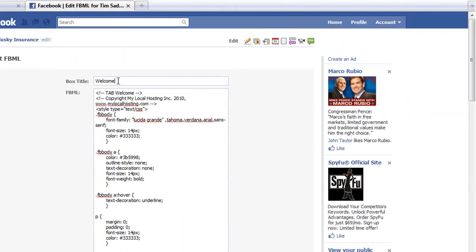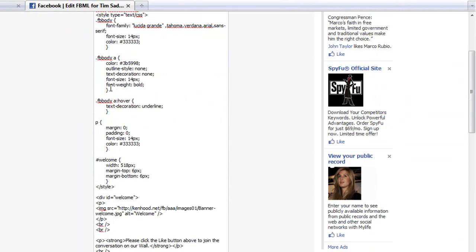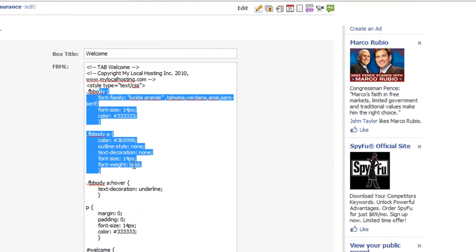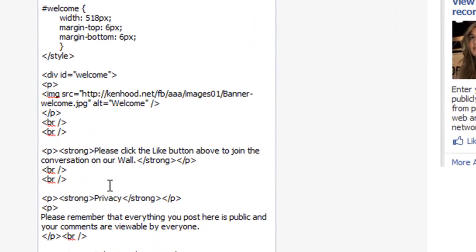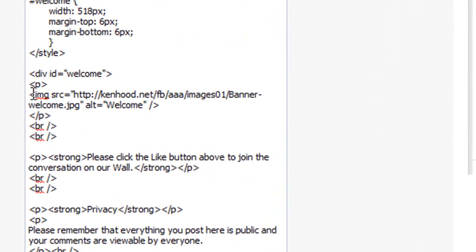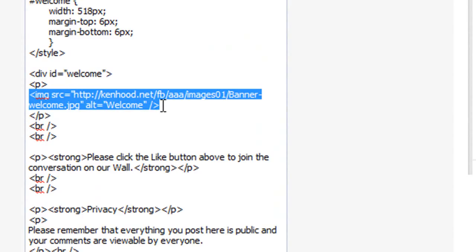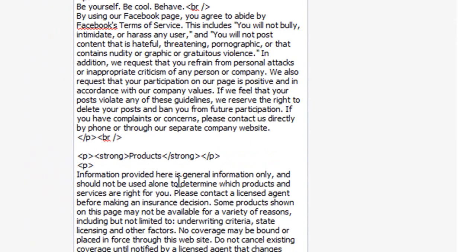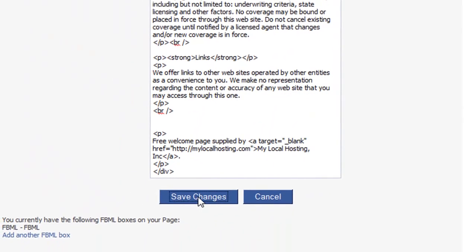What's important to know is that you can change the name of that tab anytime, quite simply by coming back to the editing portion of this tab. You can also edit any words you want. Be aware some of the style code is at the front of this. If you scroll down just a little bit, you're going to see where the link for the image is. And that can be edited to any image anywhere on the web. And you're also going to see the text that I put in here for you. Continue to scroll down, save changes,